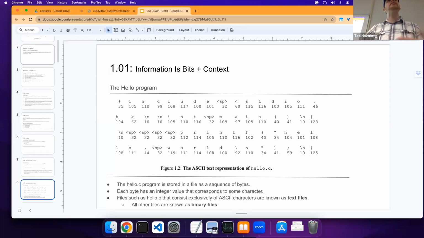The nice thing about text files is that they're human readable, right? When you open them up in an application that understands it's a text file, it'll retranslate it into your characters so that you can go ahead and read it. All other files that are not ASCII encoded, that are not ASCII characters, we would refer to as binary files. And then you'd have to have whatever the context is for that binary file to be able to be decoded